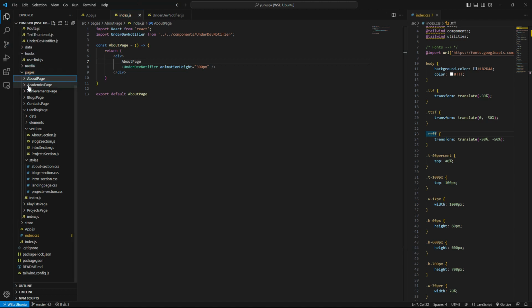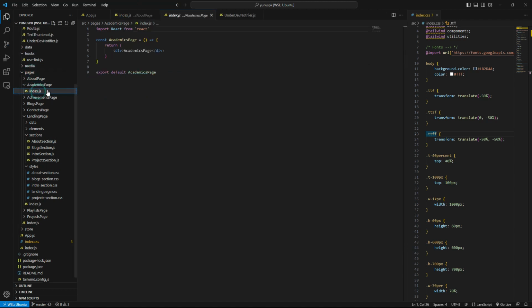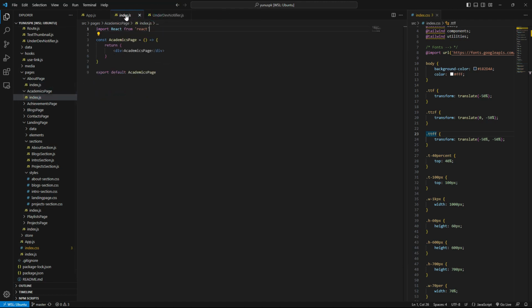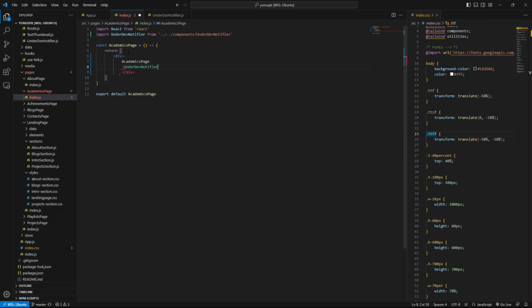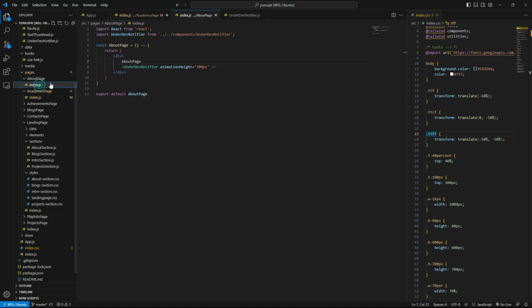So you got the about page. Now we're gonna have the academics page and index. This index doesn't need that anymore. We're gonna go here, and we're gonna call for under dev notifier, and that's it. And we're gonna make this index animation width, copy that, paste it here, and we don't need that now.